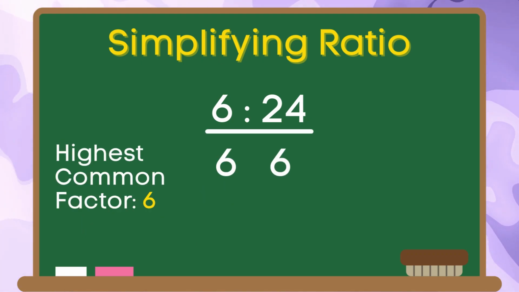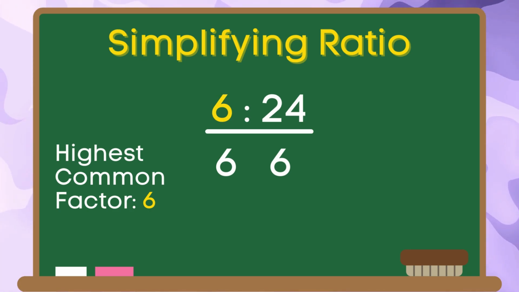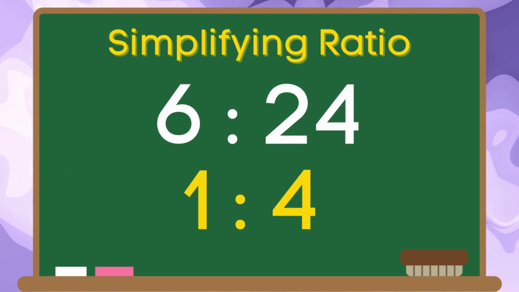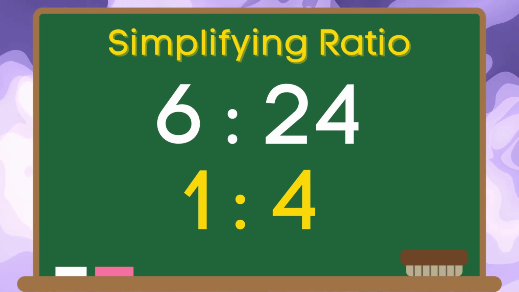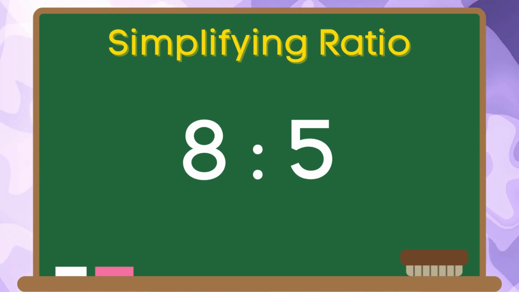We are going to use 6 to divide 6 and 24. 6 divided by 6 is equal to 1. 24 divided by 6 is equal to 4. The simplified form of the ratio 6:24 is 1:4. For the last example, we have the ratio